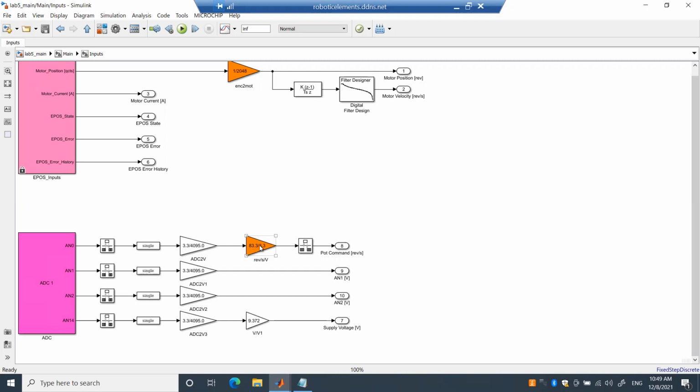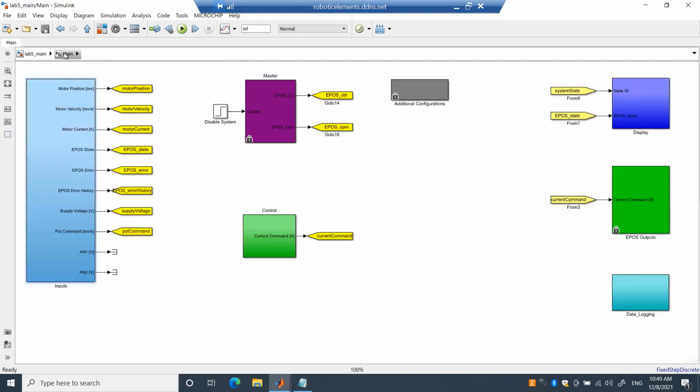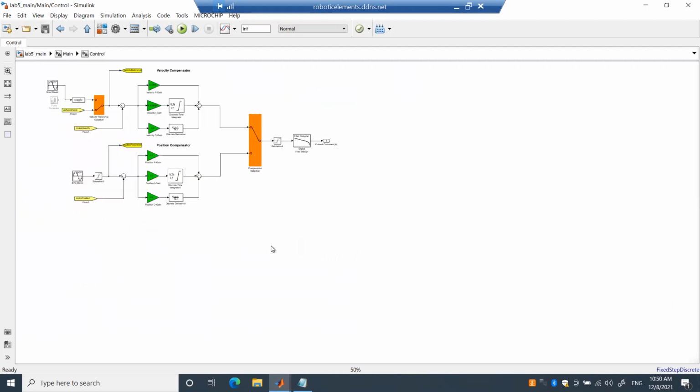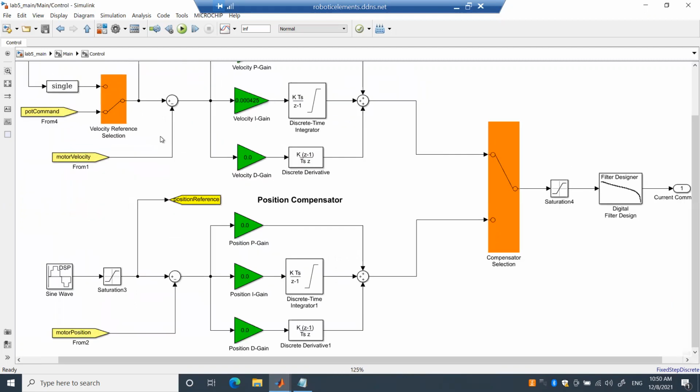Obviously, it's not going to spin at 83.3 revs per second because we're not going to be giving max voltage, because the potentiometer is not turned all the way. But anyway, this pot command, if we go back out, is essentially being output as this tag here, and that pot command tag